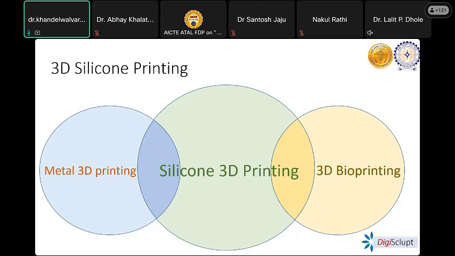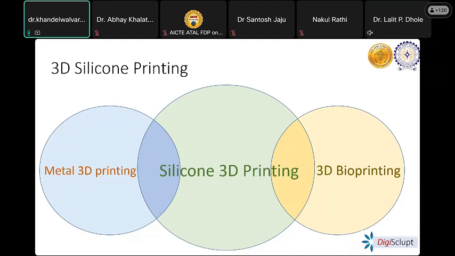So there is a sharing between these two parts. This silicone 3D printing is between these two. It shares the features of these two printing or additive manufacturing processes. Some of the shortcomings with the direct 3D printing of silicone